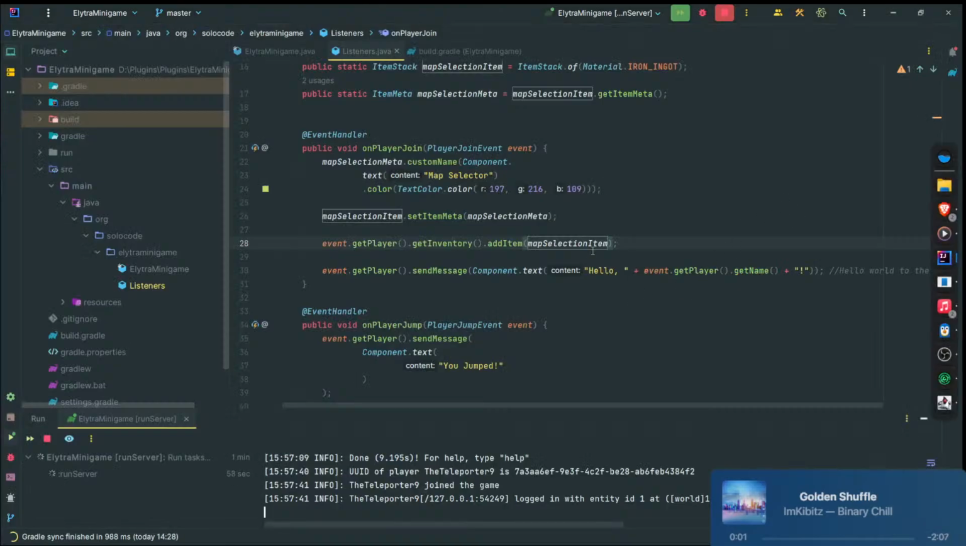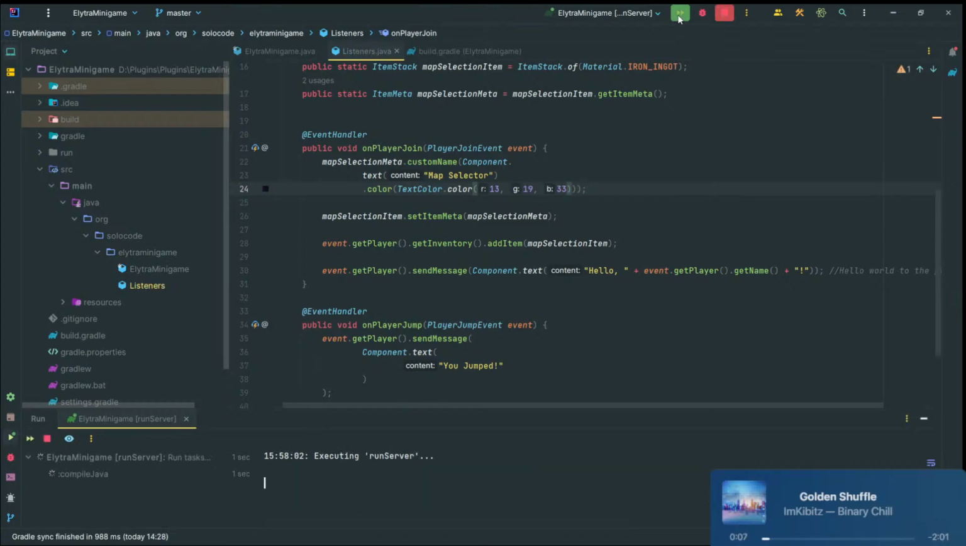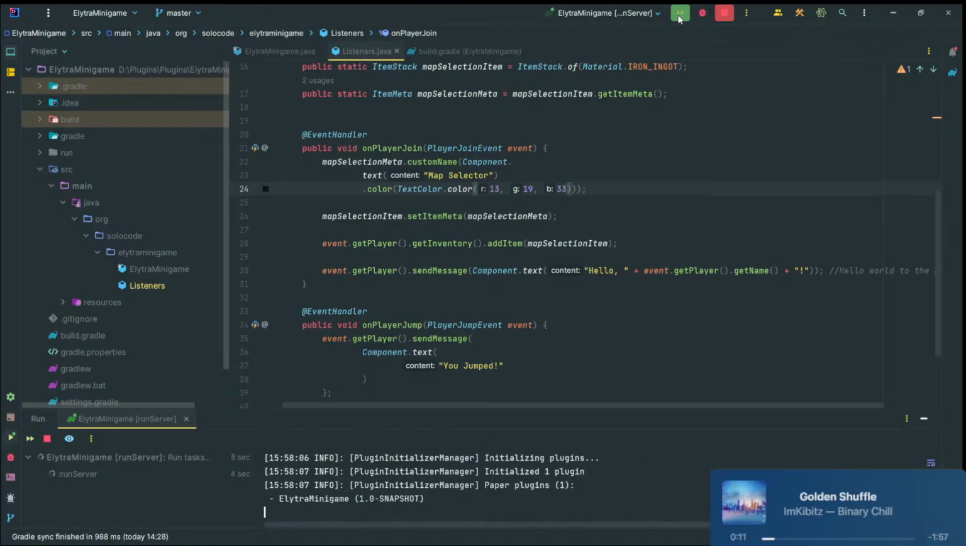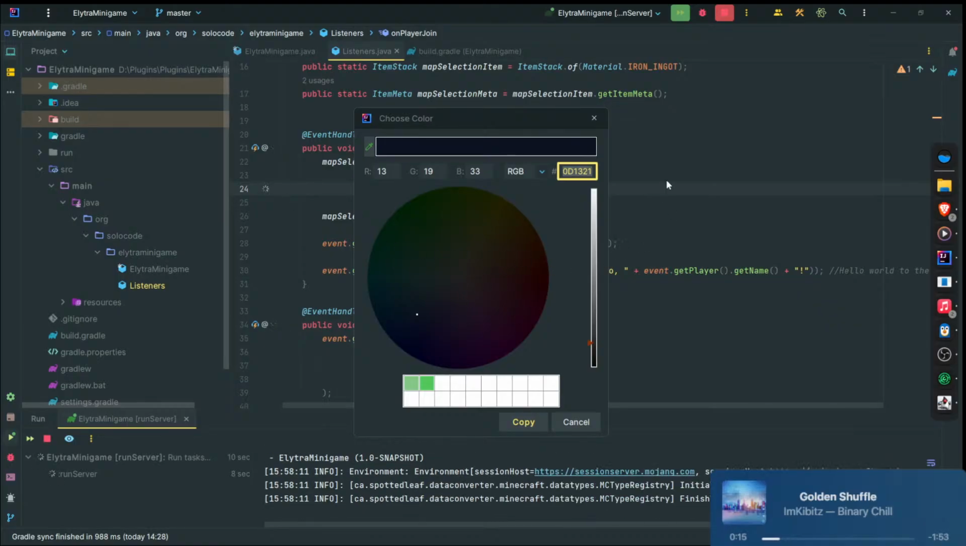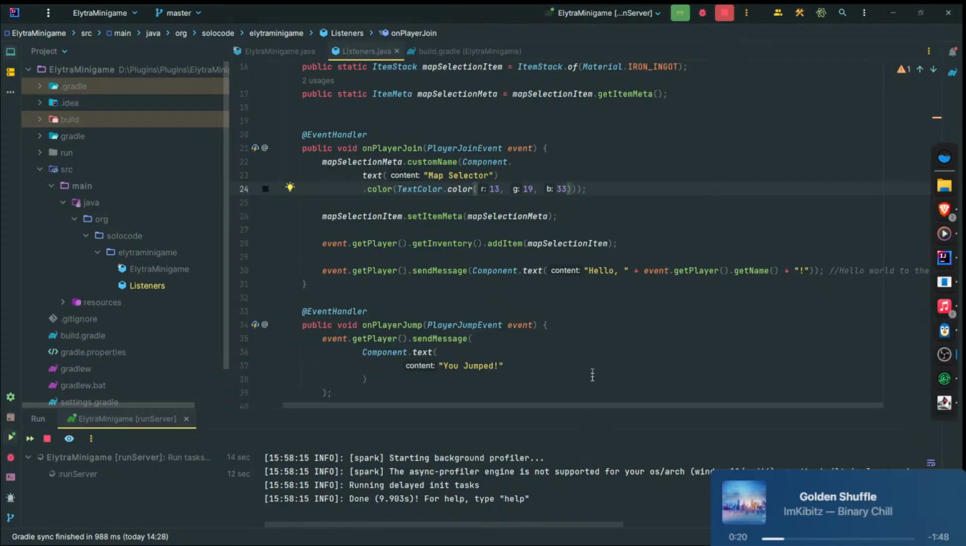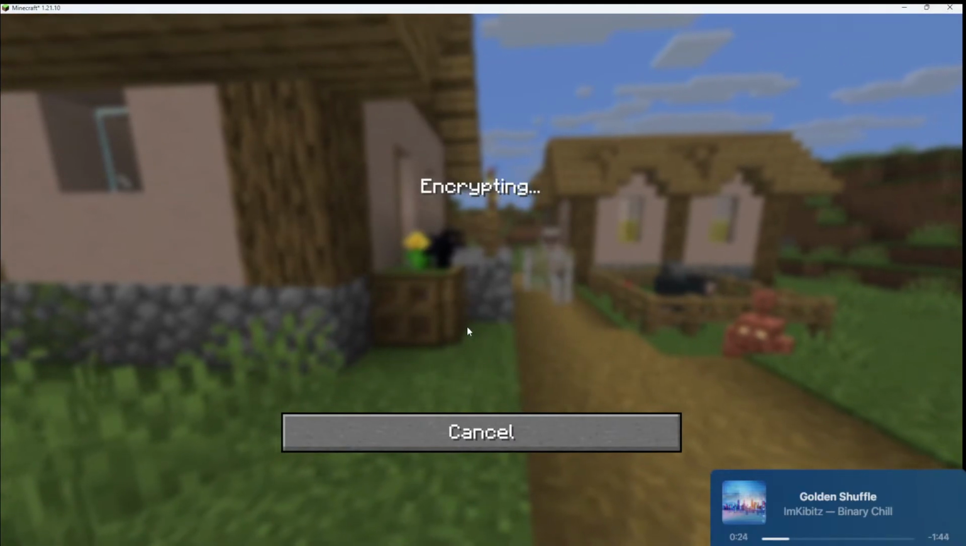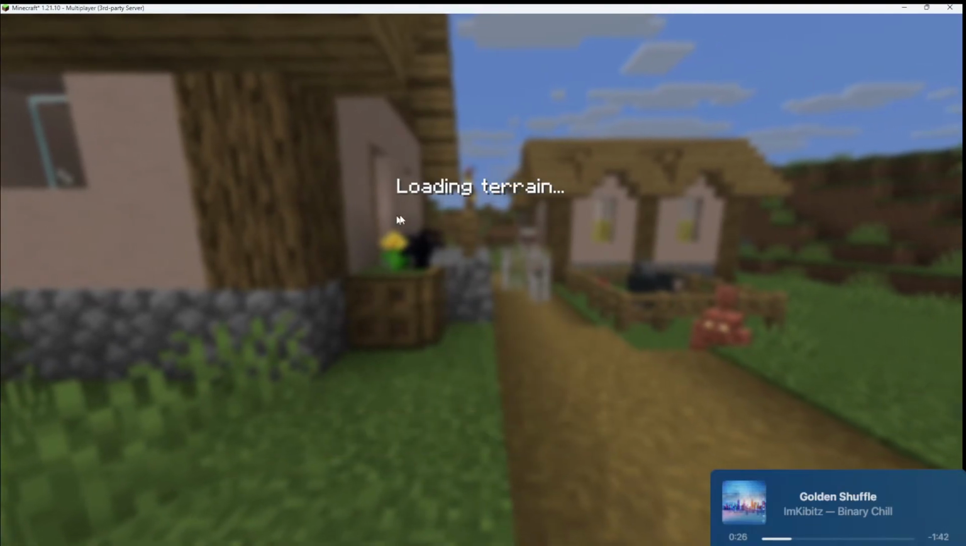So we go back to Minecraft, and then I change the RGB to that, and then rerun, and hopefully it works. So we've got the color here. That's cool. I can set the color. That's something cool I've not seen before. Hello world and help. Okay, go back to Minecraft, back to server list, direct connection, join server, local host, and